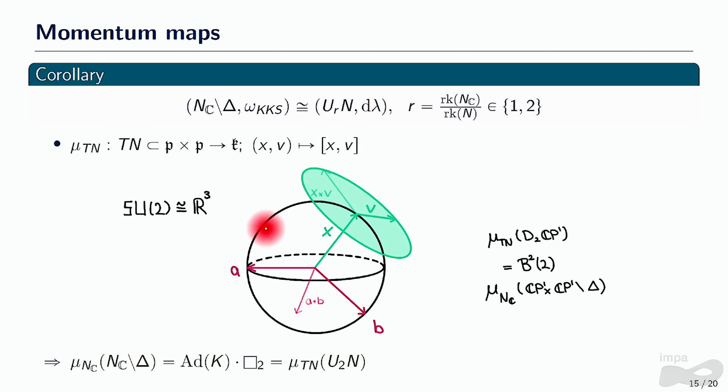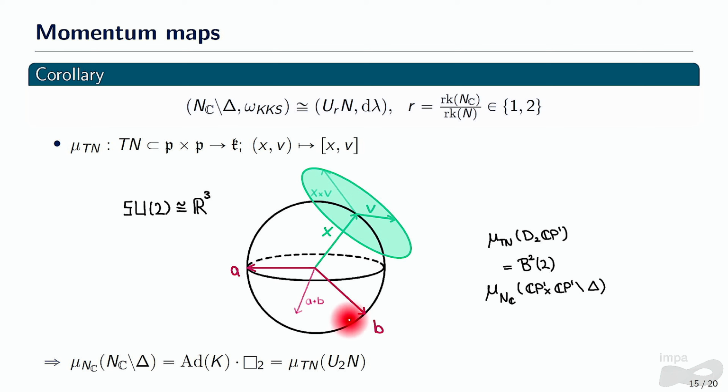Now here, if you start with an arbitrary point in the tangent bundle of S2, and you take the cross product, you get another vector in R3, where if the sphere is normalized to have radius 1, then you will get a vector of length exactly the length of V. And if you move the point, you see that this plane can point in any direction. So the moment map image you get here is really the full 2-ball,